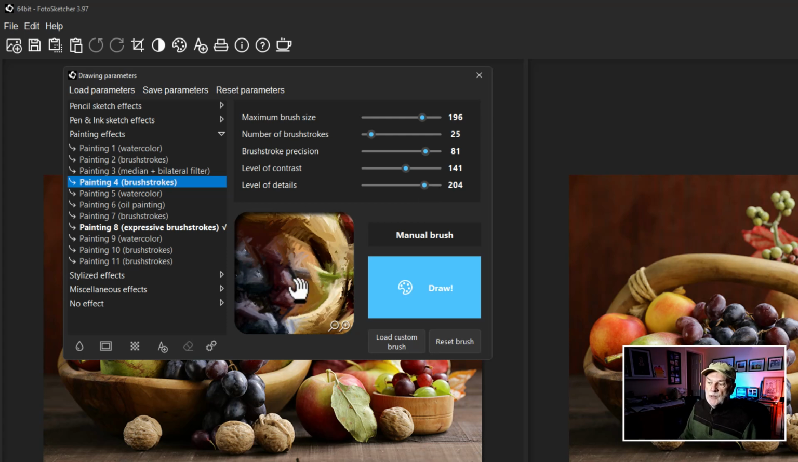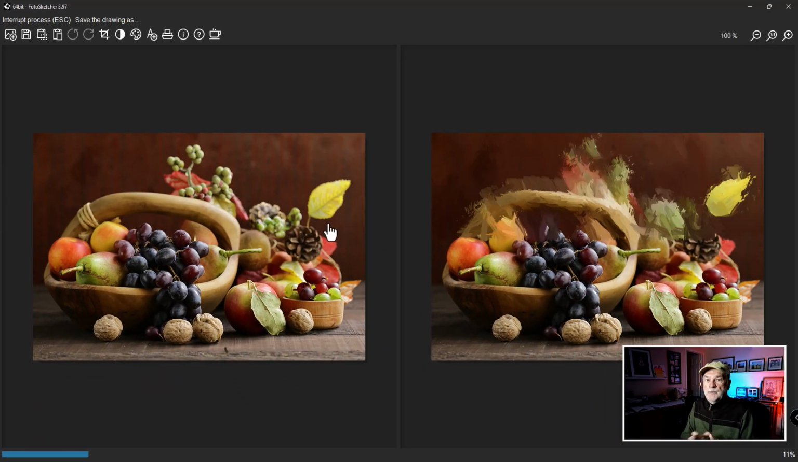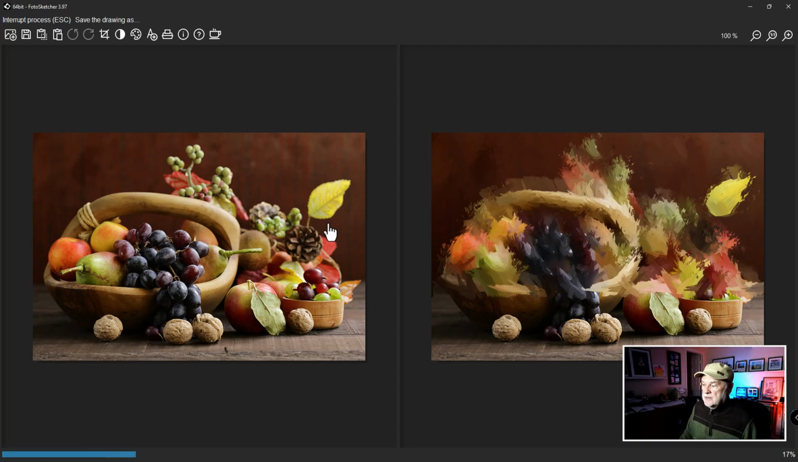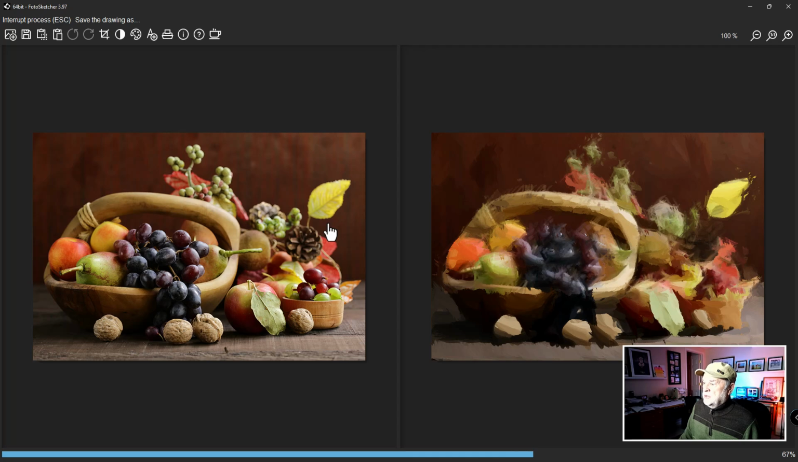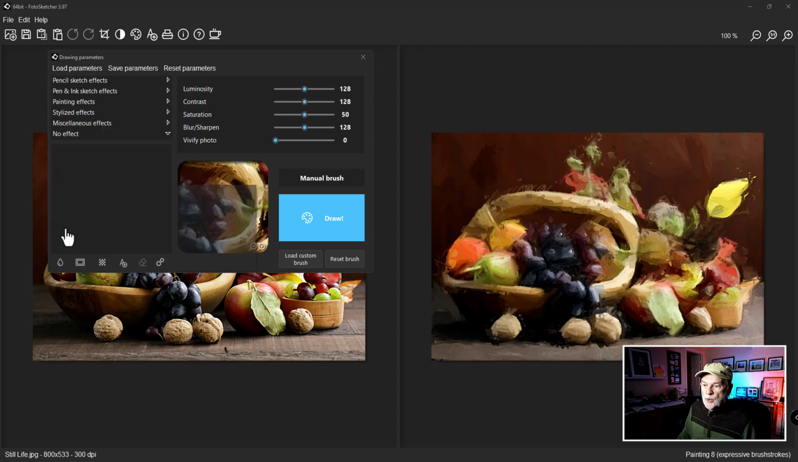Okay, once I'm happy with this in the preview, if I click on Draw right here, watch what happens on the right side. It's going to take what I did with my sliders and apply it to the right side. Okay, very loose. And that is done. Now, here's what's really cool. Because this is the source image still, if I go to No Effect and I click on a manual brush,